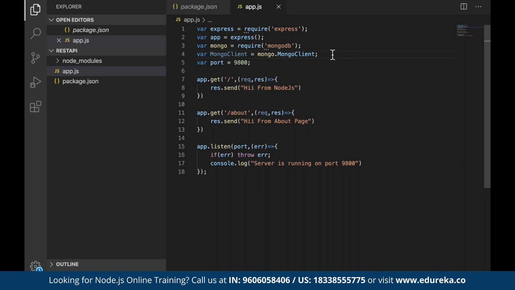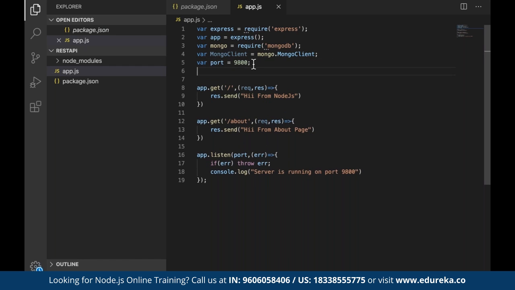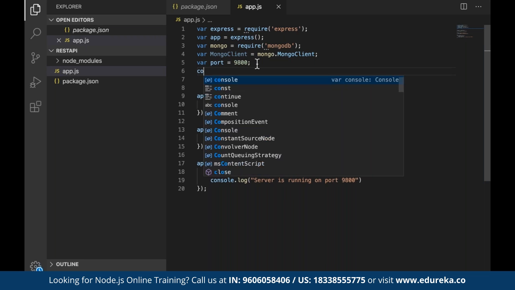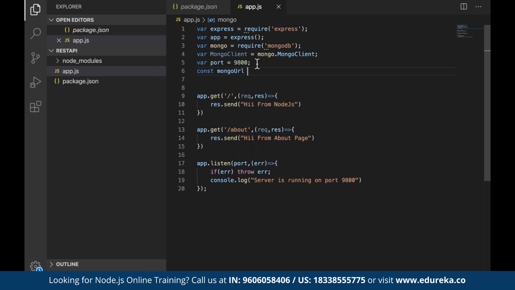Now it can be any database. The default port over which MongoDB runs is 27017. Let's see that. We write const mongoUrl is mongodb://localhost:27017.